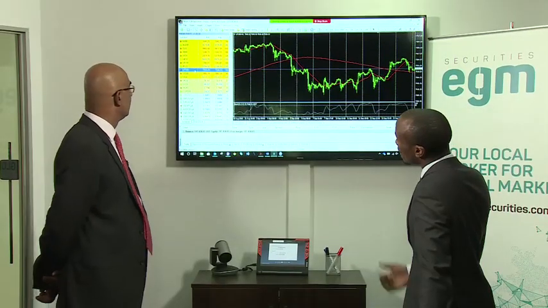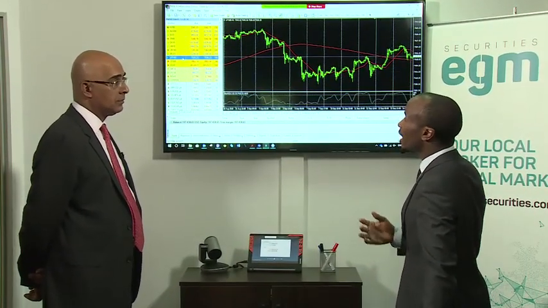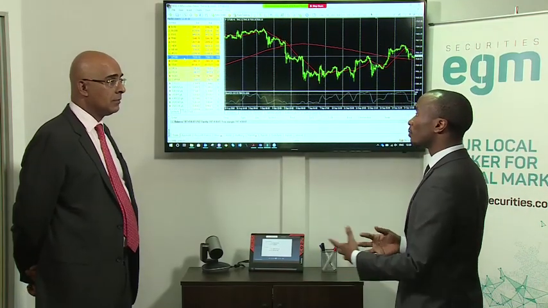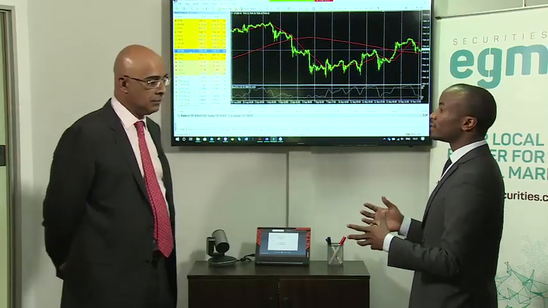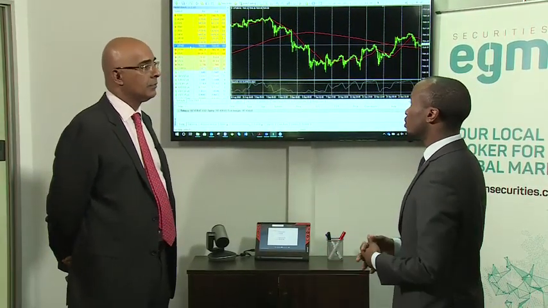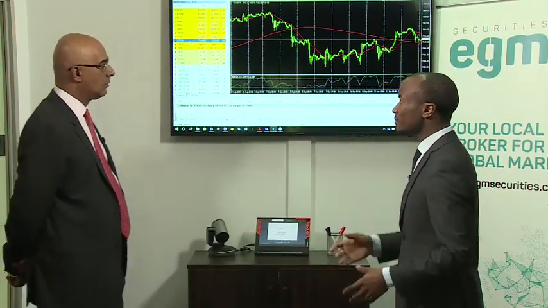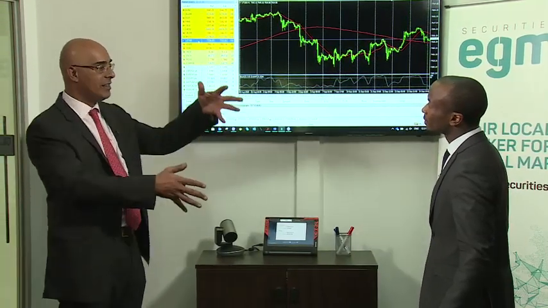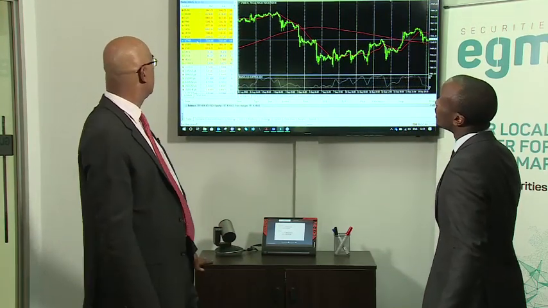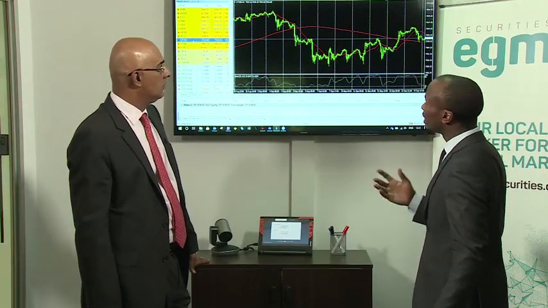One thing about the index is that it's going to be less volatile, and that's maybe less risky for you because you're looking at a weighted average. An individual stock may do very well, but another stock may do poorly, depending on if they're in different industries, so it lowers your risk. The index may not move by that much. It might actually lose when an individual stock in the same index is gaining. Within the composition of the index, you've got winners and losers, and that nets out into the figure. So it's for people who want more stability as opposed to more volatility.